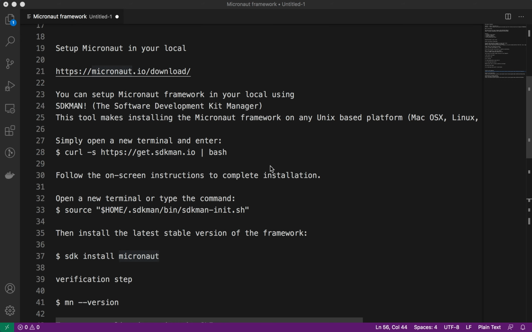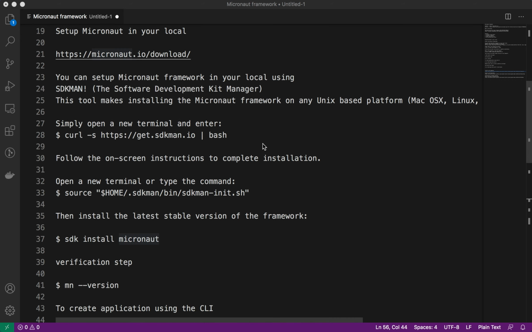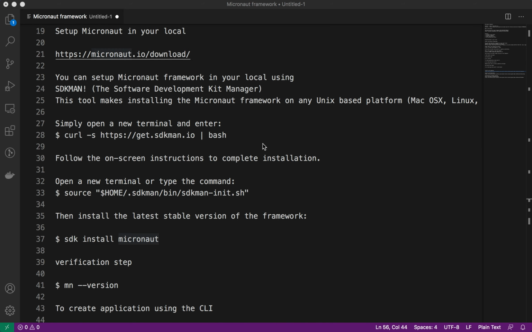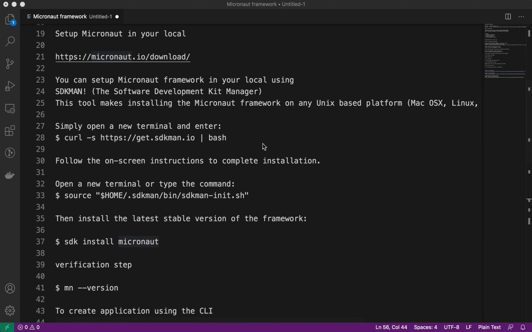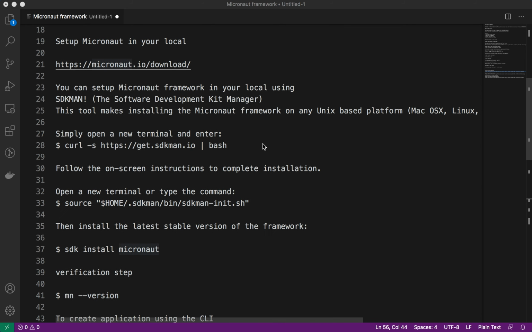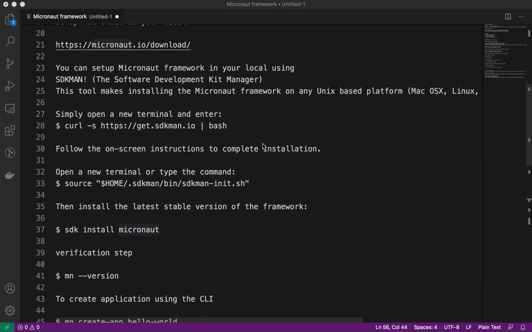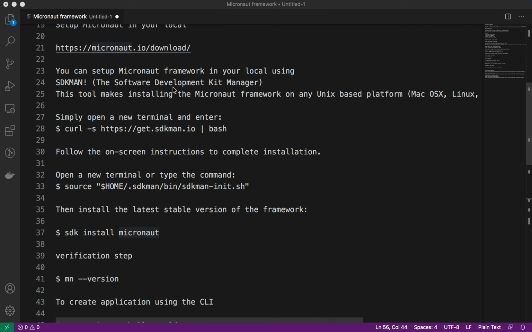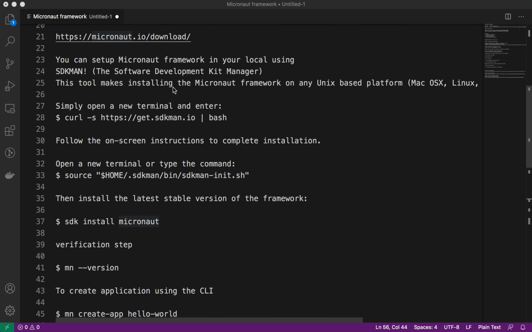So in this video today, we'll check how to set up Micronaut in your local. Okay, so using the SDK. Micronaut also provides an SDK, similar to Spring Boot or Spring. So you can set up in your local machine using SDKMAN. There are different package managers like SDKMAN, Homebrew, or Chocolatey. Whichever you are using, or which is your preference, based on that you can do the setup